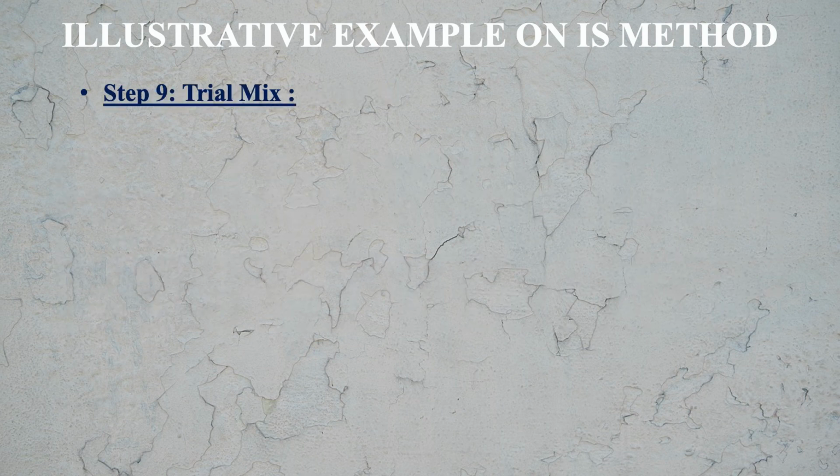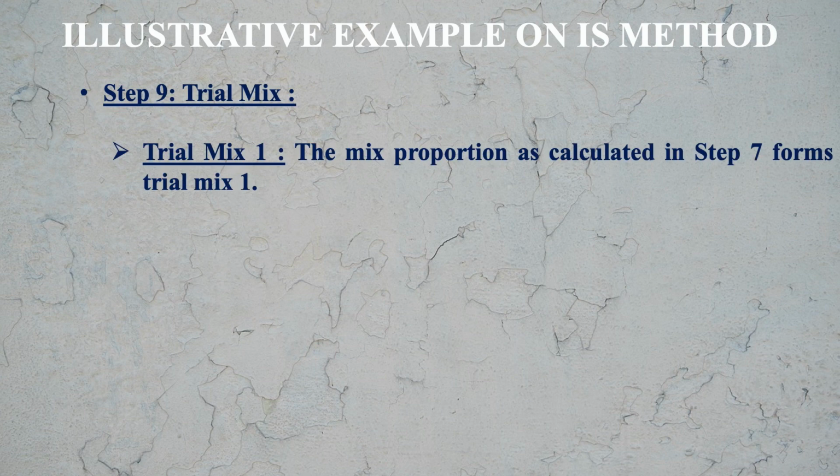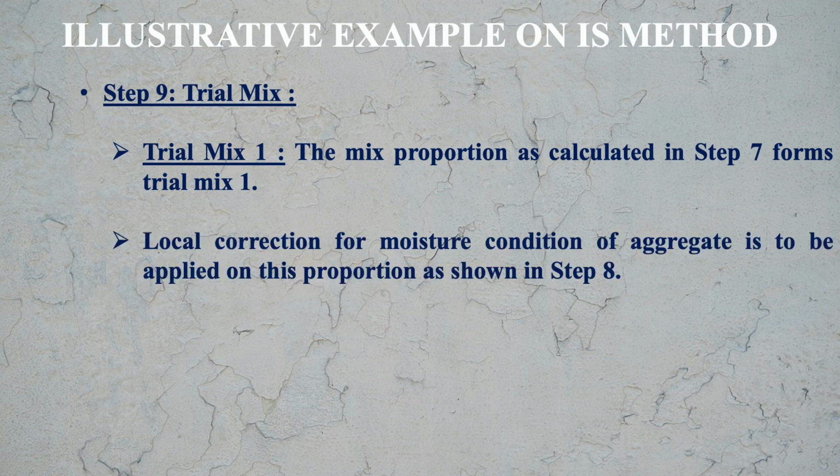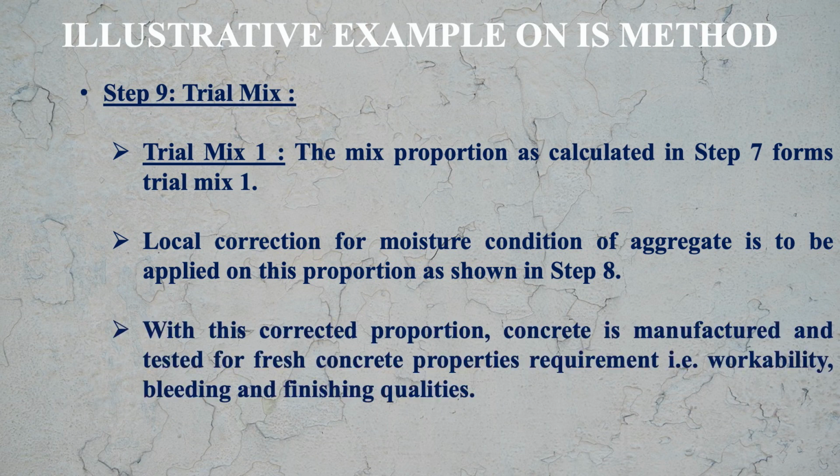Now the final step is the trial mix. So let us do trial mix number 1. The mix proportion as calculated in step 7 forms trial mix 1. The local correction for moisture condition of aggregate is to be applied on this proportion as shown in step 8. Then with these corrected proportions, concrete is manufactured and tested for fresh concrete property requirements, that is workability, bleeding, finishing